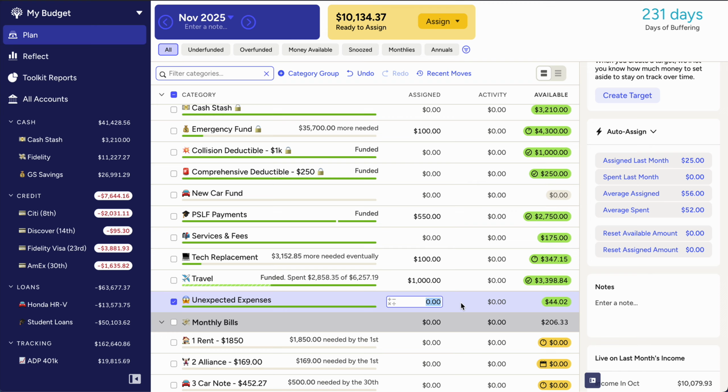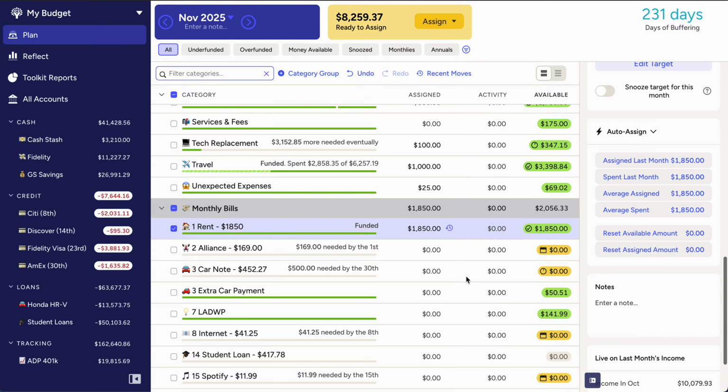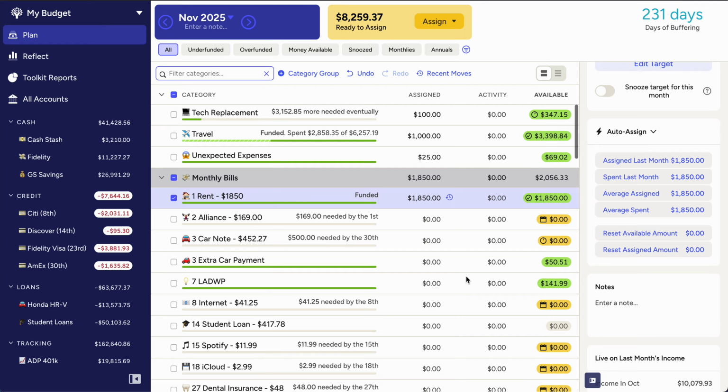Unexpected expenses. These are just random things. To be honest, I don't really use this too much, but it's just nice to have another buffer category, I guess. Okay, rent. I pay $18.50, and maybe it's also helpful to know that I live in Los Angeles, so yeah, just to kind of paint a picture of the environment that I'm in. It's a very high cost of living city, so just to kind of illuminate where my priorities lie.